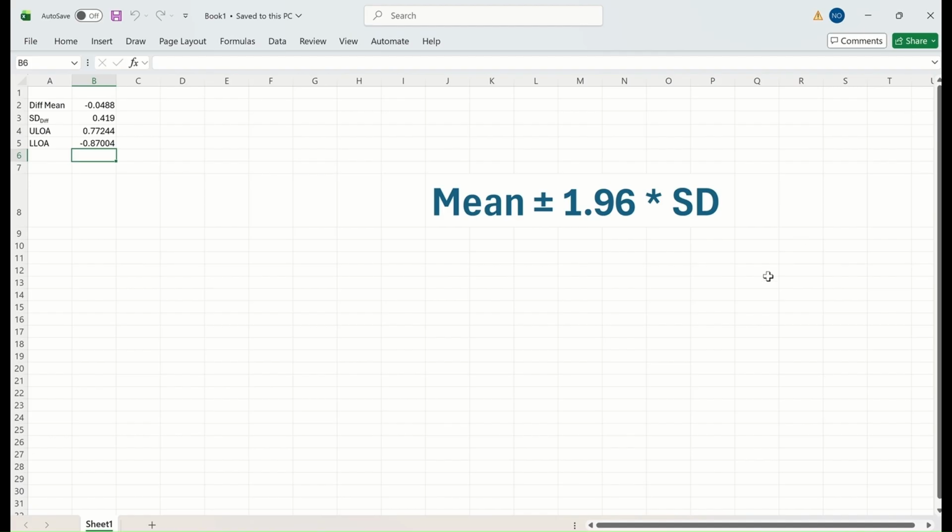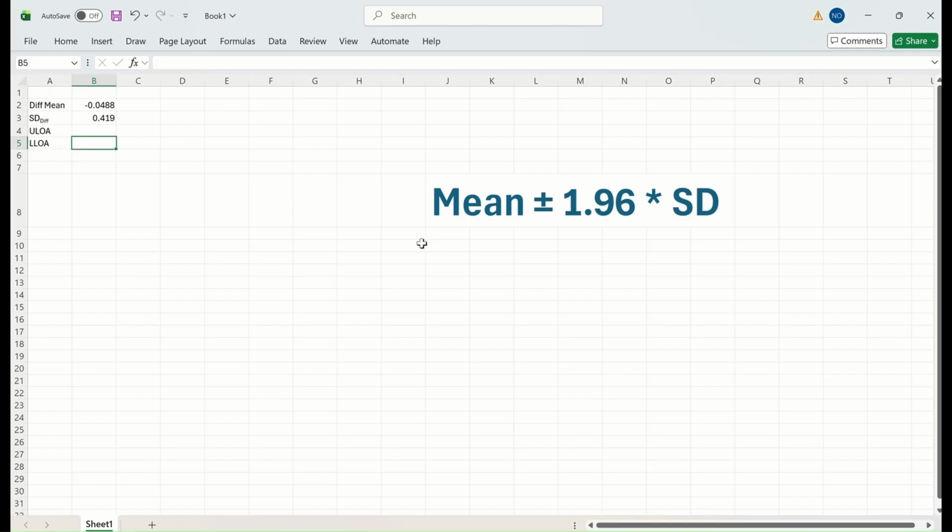The equation for calculating the upper limit of agreement and lower limit of agreement is the bias, or the mean of the differences, plus or minus 1.96 multiplied by the standard deviation for the differences. Here I had inserted the difference mean for the data and the standard deviation. And I've already calculated that, so I'm going to omit that and show you how to calculate the